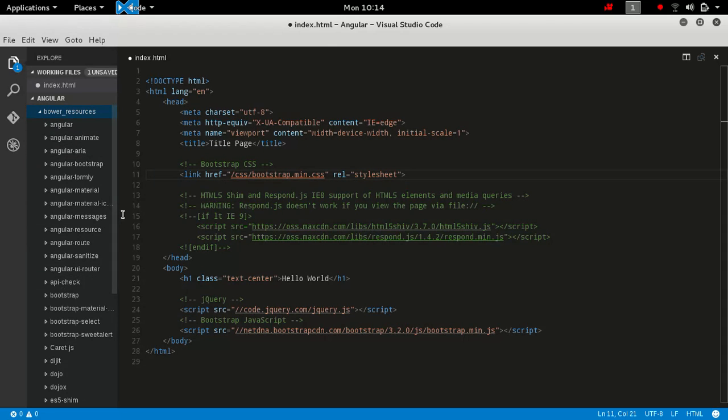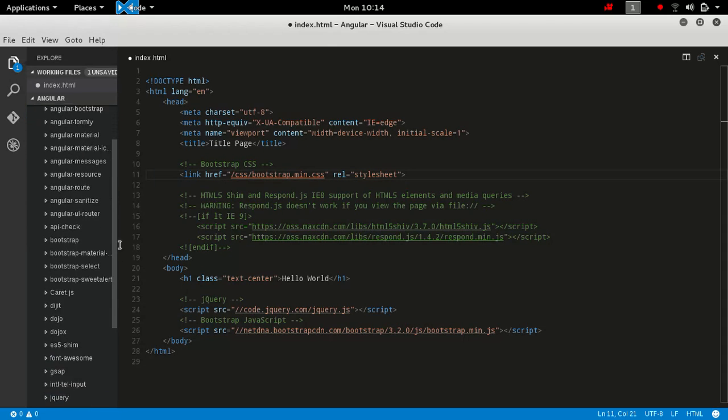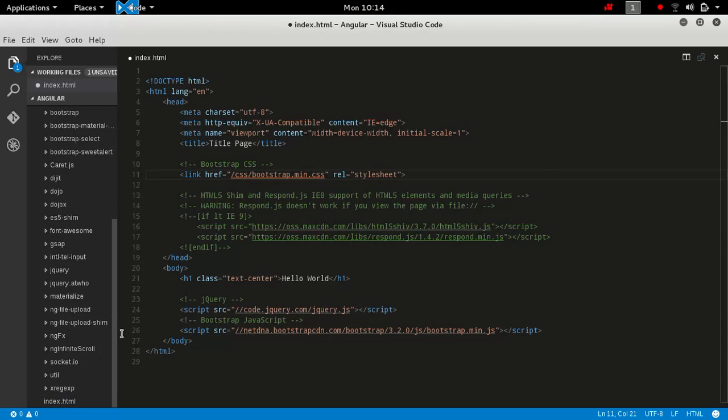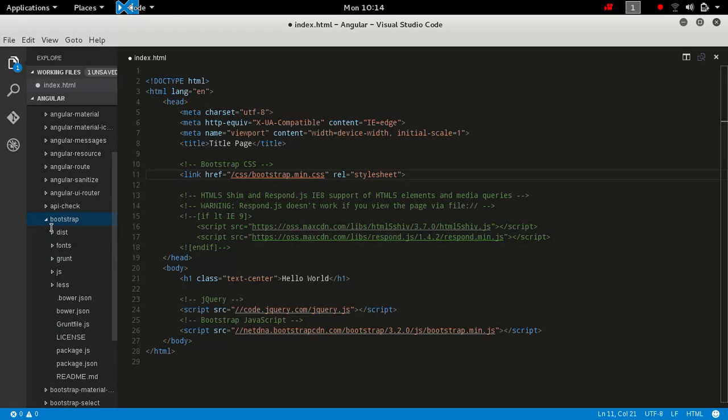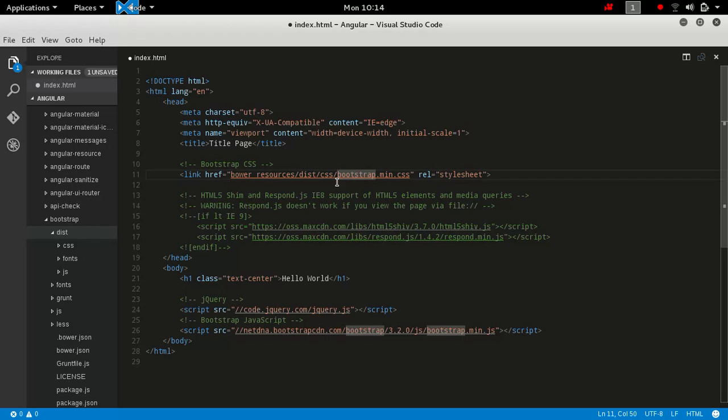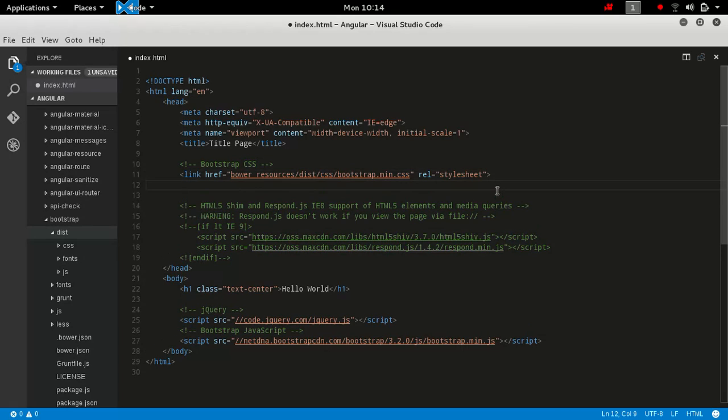Go ahead, look for Bootstrap. Yes, Bootstrap is this one, and go ahead, choose this, and this is where you will find your Bootstrap. So I will write Boa resources